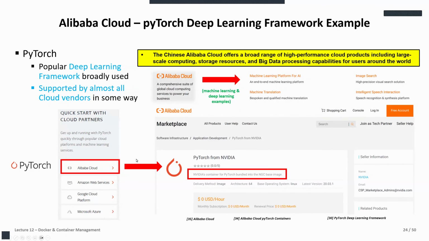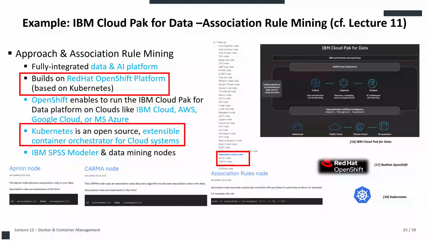So this is something which just should illustrate to you that there are different clouds now, not only just the hyperscalers that we have seen already. And here is also a nice connection again to a lecture you already heard. This was a lecture given by Shadi, if you remember, recently. But here you see the association rule mining algorithms, Apriori and Charm, for instance.